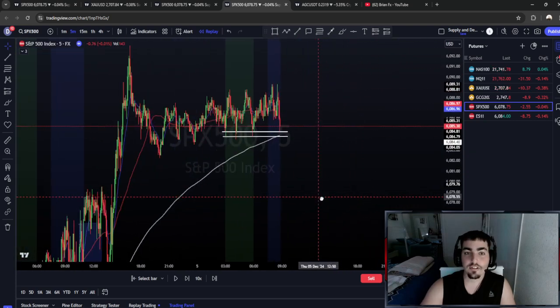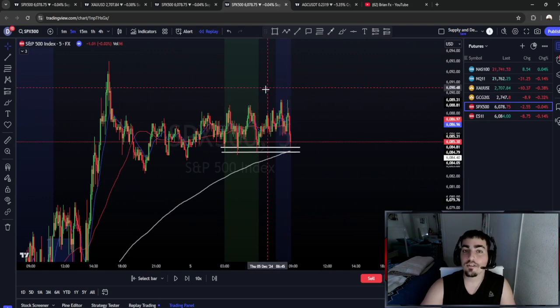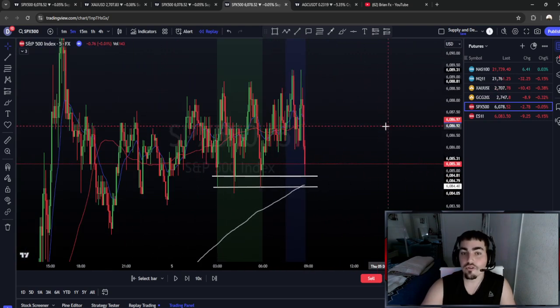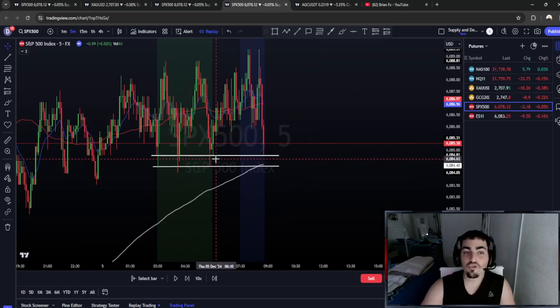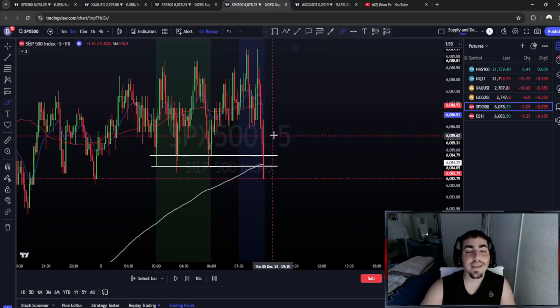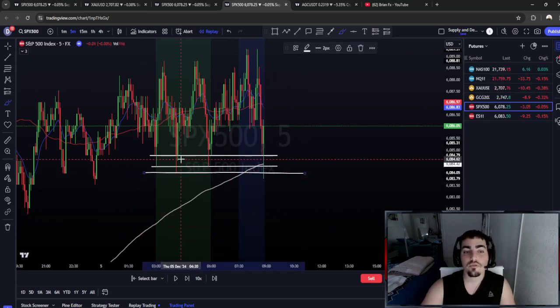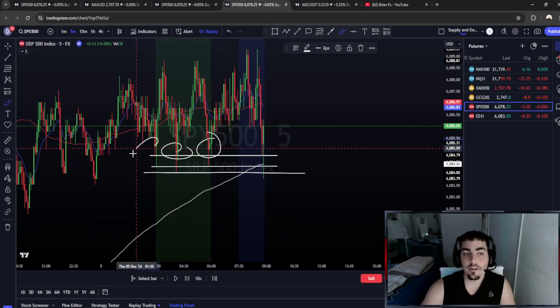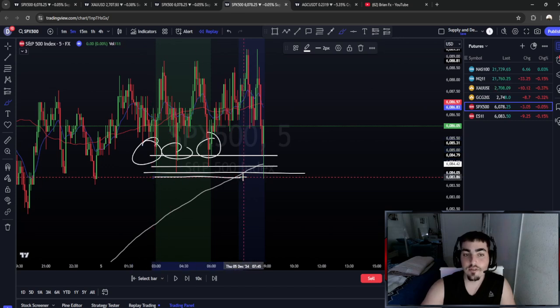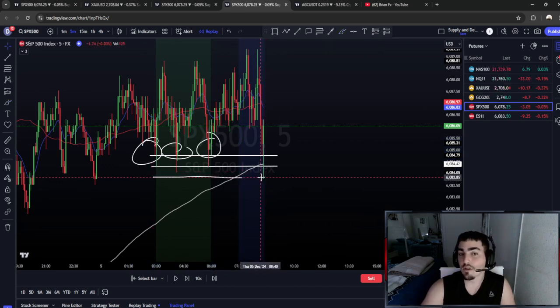So we had a consolidation phase over here on London, and then also in the beginning of New York session, you had some lows over here, equal lows from London session, right? 3 equal lows from London session, and then New York came all the way down here, took the liquidity from those lows. Like, let's say people that bought here, here, and here have the stop loss a little bit below this low. So let's say they had the stop loss right here,